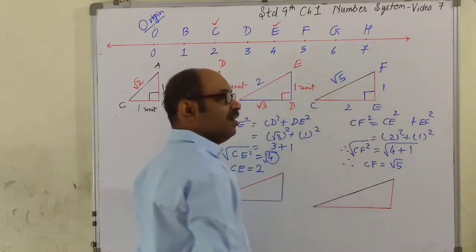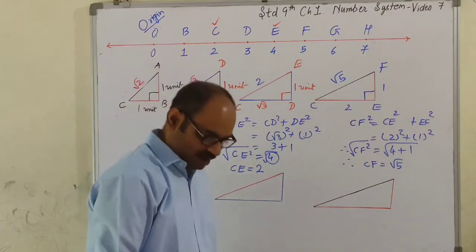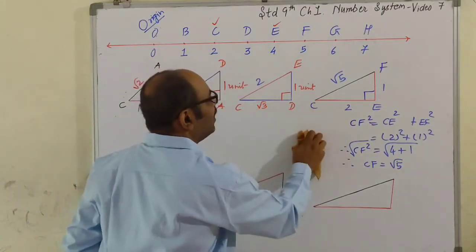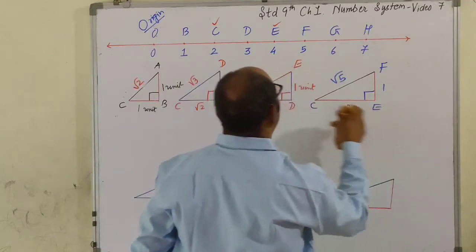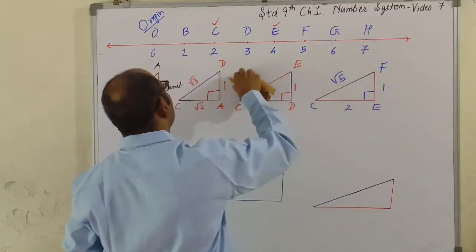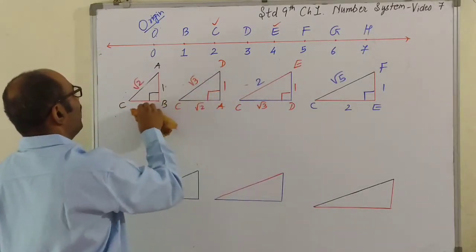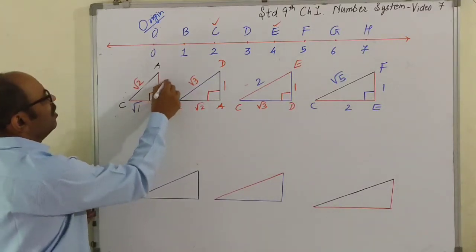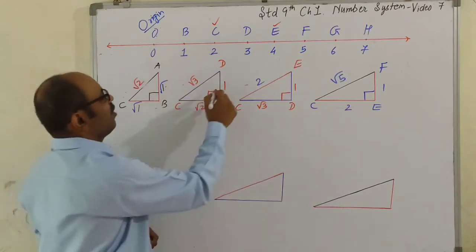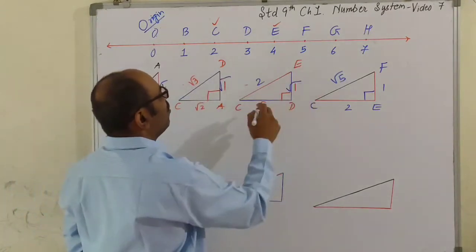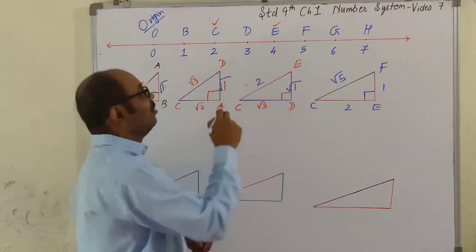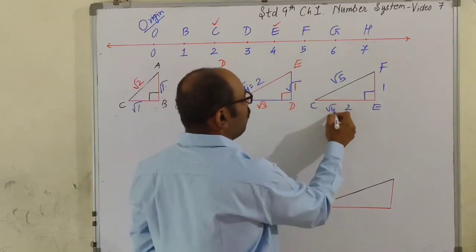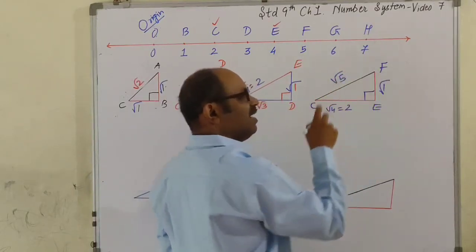So how much is this? Root 5. अब आपको कुछ ऑब्जर्व करना है. In last three we shall write directly. Last three में हम डायरेक्टली लिखेंगे. Alright, ये यूनिट में नहीं लिख रहा हूं, इसको समझ सकते हैं आप. 5. Children, 1 can be written as root also. Square root of 1 is 1 only. Square root of 2 is not 2. इसको तो square root of 4 लिखना पड़ेगा. Okay? And square root of 1 1 ही है.